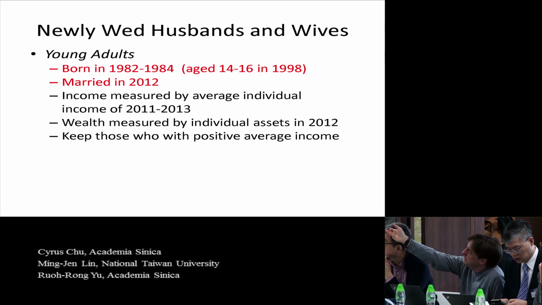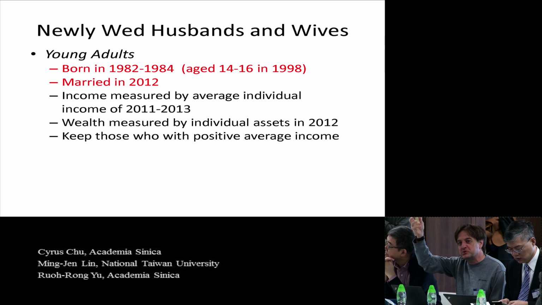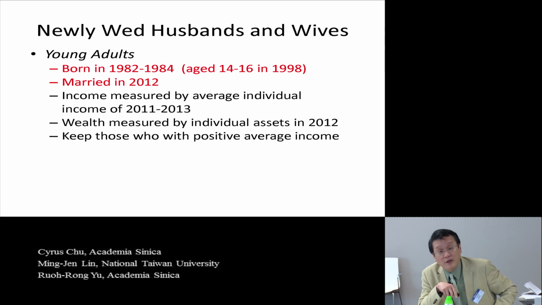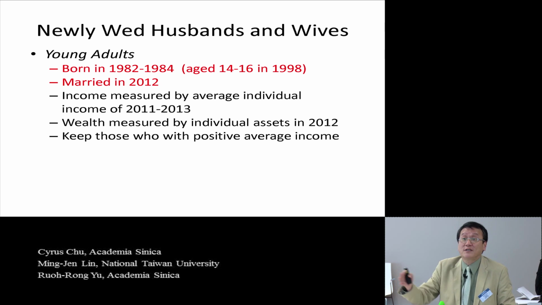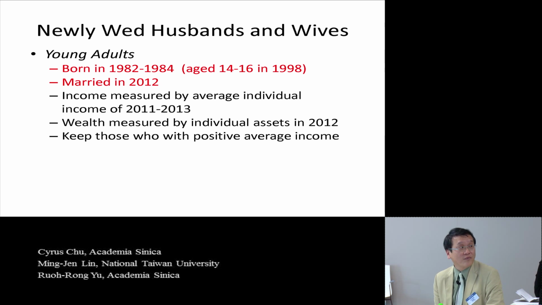Timing issue here, because when I think of the big wealth transfer in connection with marriage, it probably takes place after marriage. Maybe the parents help the new couple buy a home. And not necessarily, because in Taiwan's tax law, you can have a gift tax-free every year as long as the amount is less than 2.2 million NT. So the well-planned parents always make their gifts every year. They accumulate over 30 years to $1 billion. Okay, so it's not a big lump sum. Yeah, it's not a lump sum. A lump sum will be subject to tax.